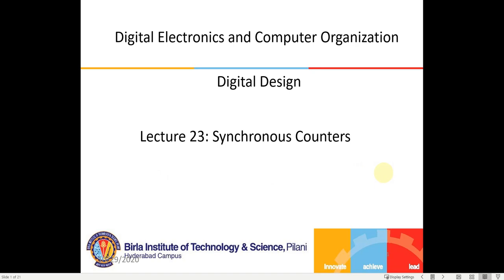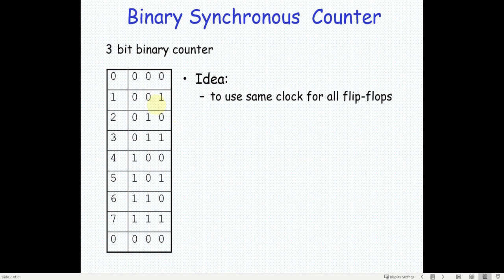Okay. So last class, in lecture 22, we learned about asynchronous counters, and this class we are going to learn about synchronous counters. As the name suggests, in a synchronous counter, every flip flop is given the same clock, whereas in the asynchronous counter, we were manipulating the clock to get the different states. Here we are not going to manipulate the clock. We are going to give the same clock to all the flip-flops and design a combinational circuit so that the desired sequence is obtained. Okay, so that is the difference here.